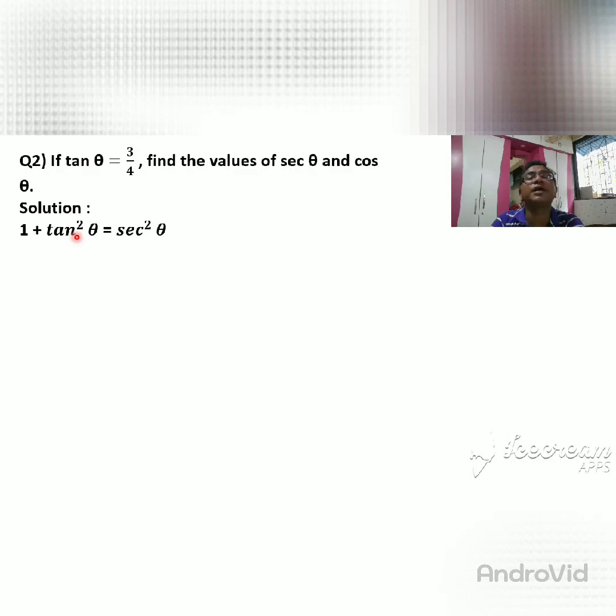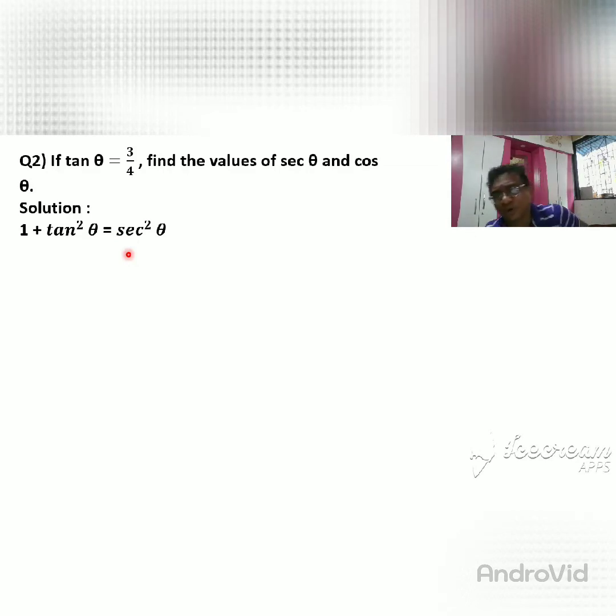1 plus tan square theta is equal to sec square theta. This is the identity, and that identity you must remember, but it is very simple to recognize or to write. When you write 1 plus tan square theta, you write sec square theta. Another identity: what is the opposite of tan square theta? Cot square theta. What is the opposite of sec square theta? Cosec square theta. So with the help of that we can also write 1 plus cot square theta is equal to cosec square theta.